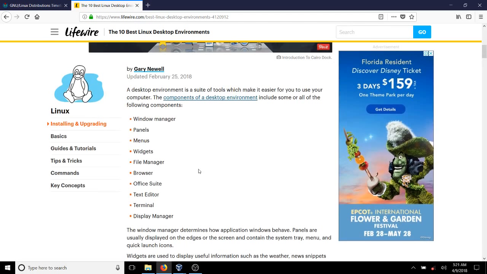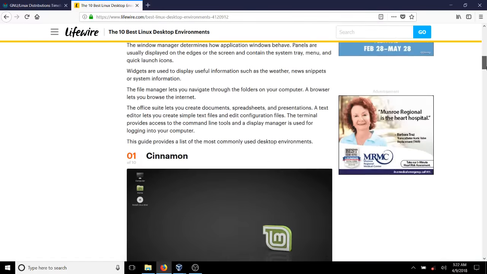And it's going to be how your icons behave, how your windows open and close, maybe what file manager you're using, maybe what set of tools you might use for editing text and viewing the file system and navigating through your directories. And so some of the popular ones include Cinnamon,